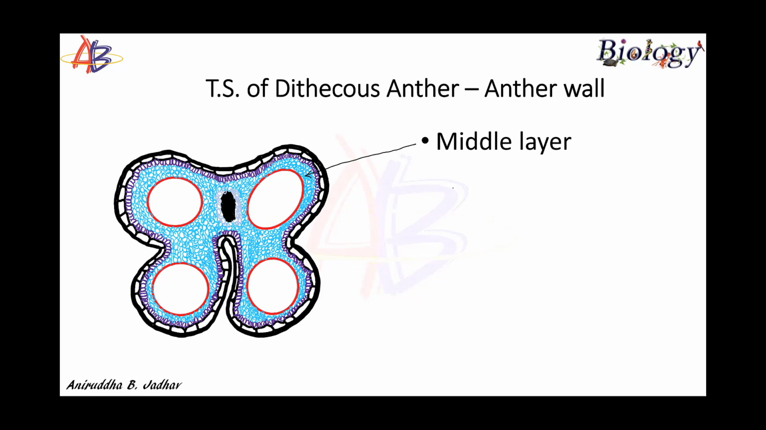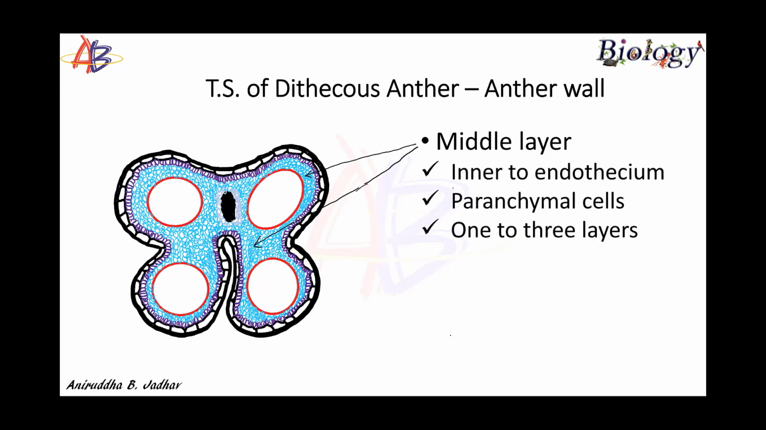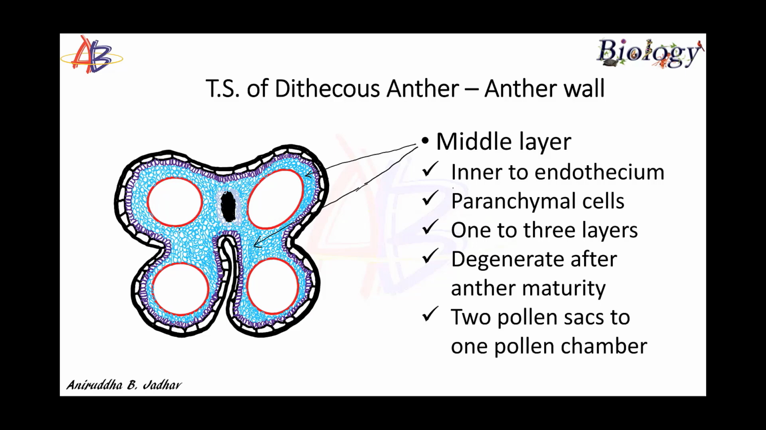Middle layer is present inner to the endothecium and made up of parenchymal cells. These parenchymal cells are organized into 1 to 3 layers. The cells of middle layer degenerate when anther reaches maturity or after the formation of microspores. Due to this degeneration of middle layer cells, the two pollen sacs of each lobe merge to form one chamber